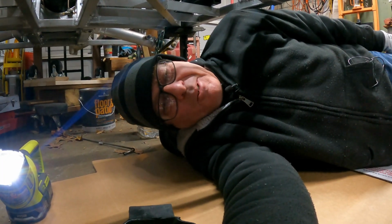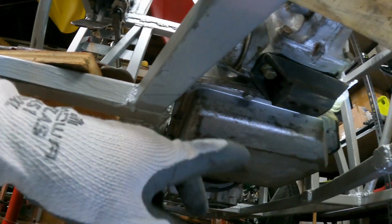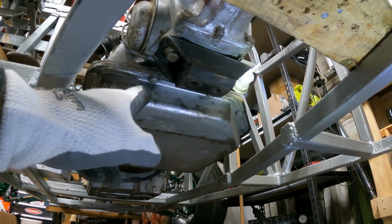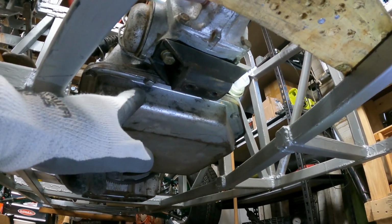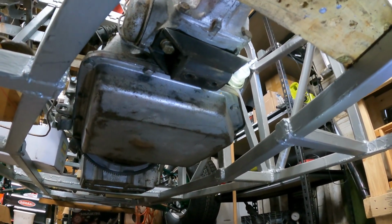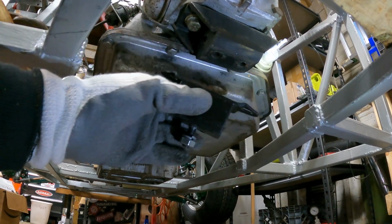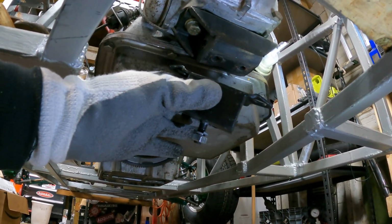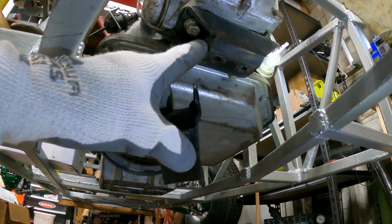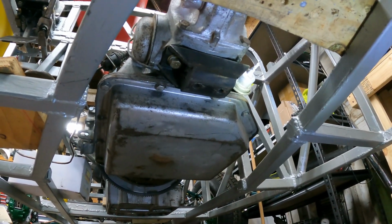I am here sideways underneath the Jag SPL, and what we're looking at right now is the transmission mount. This mount right here is the Chevy mount that came with this Turbo 350 that was originally in a Camaro. And right here we have the custom transmission mount that came with the John's Cars swap kit. As you can see, the Chevy mount has 2 bolt holes to attach to the cross member, and the John's Cars kit has 1. I think that maybe what I should do is